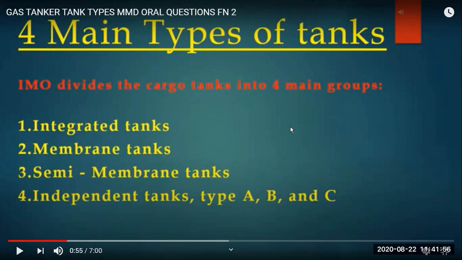the tanks. So simply, if you see in your home, you have a refrigerator. Because it's a freezer with very low temperatures, it needs a lot of insulation. And like you need ice, you keep ice in an independent tray, which is not attached to the freezer. So that is called an independent tank on the gas carrier, which is not attached to the hull.